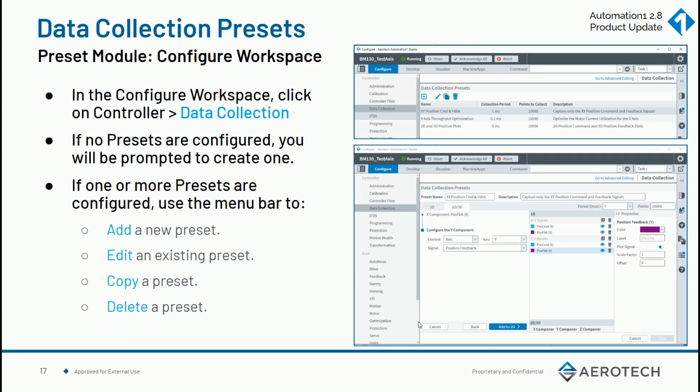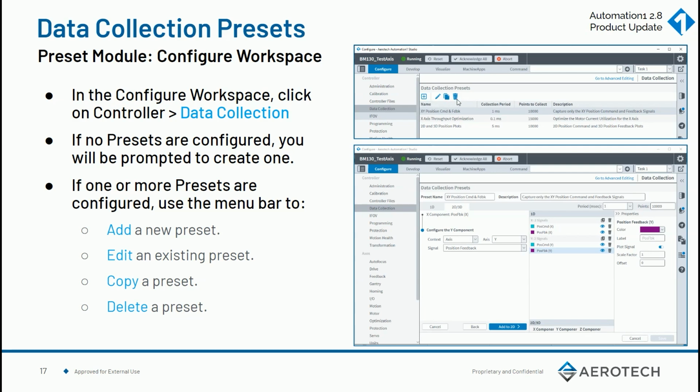In the configure workspace, if you click on controller data collection, and that's where we are here, the data collection underneath controller, then you will get the data collection presets module show up, okay? If no presets are configured, you'll be prompted to create one. If you'd like to do that, you can go ahead and do it. If one or more presets are configured, then you'd use the menu bar to add one, edit one, copy one,